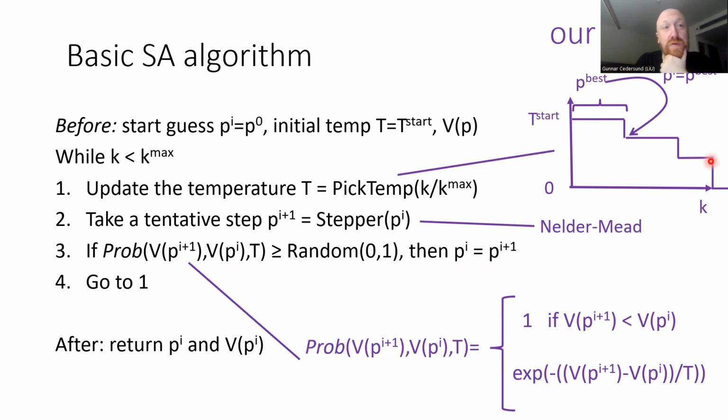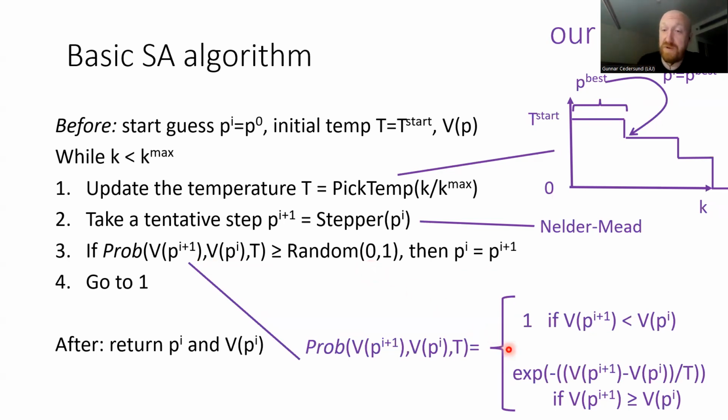And otherwise, it depends on how much worse it is. So if the cost for the tentative new step is bigger than the previous one, you might still take it. And this depends on the relationship between the cost increase, so delta V here, V of P for the tentative step minus the cost for the old one divided by the temperature. So if the temperature is very high, then this is a small number and you're taking the minus exponent. So you're dividing the small number. So this is a big number. And then it's a high probability that you will